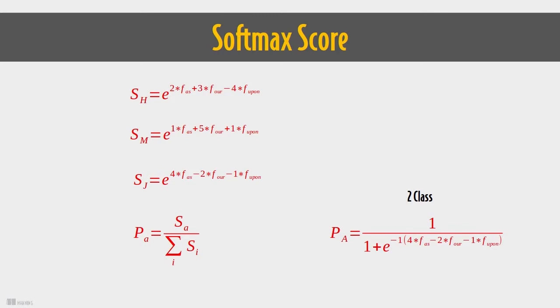In the case where you have only two classes, you can basically fix one of the scores to 1.0 and just score the other class, because if it's not class A, it must be class B. This simplifies the probability to 1 over 1 plus e to some linear function, and note the negative that goes in front of this. You're sort of computing it not being A versus B. Don't get too hung up on those details though. This is called the sigmoid function. It will be coming up later in another context. Don't worry about it too much now, other than it restricts the output to be between 0 and 1.